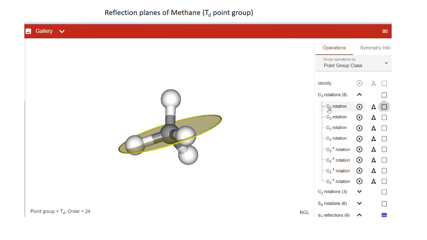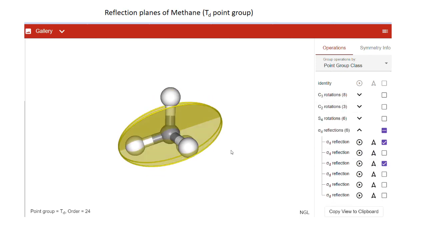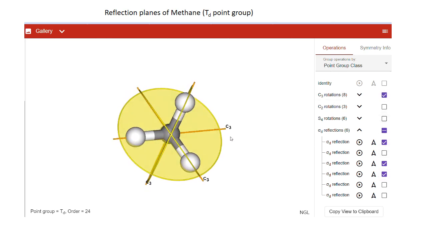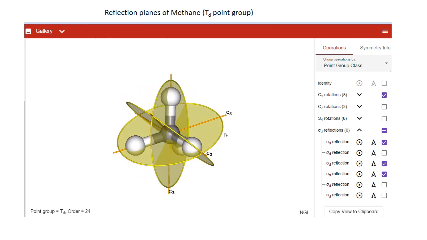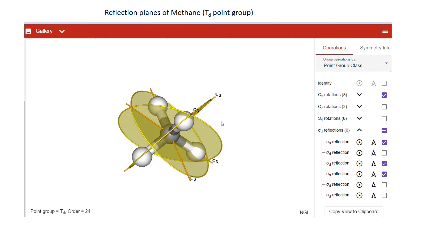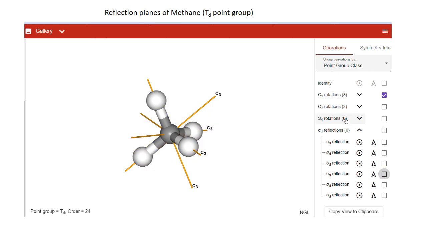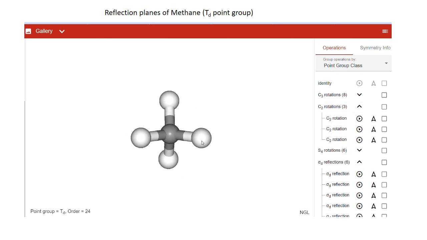So any sigma plane you take, they are all parallel, and they are all part of any of the C3 axis. None of them are perpendicular to the C3 axis, so they are all vertical planes. Now why do we call it a sigma d plane? This we can tell only when you load the C2 axis along with the sigma d.